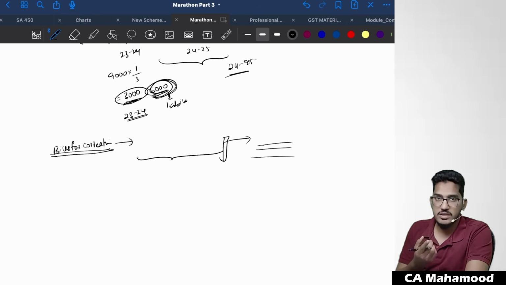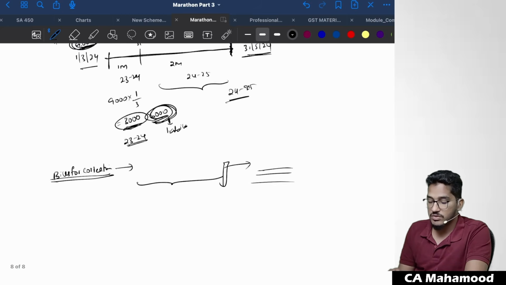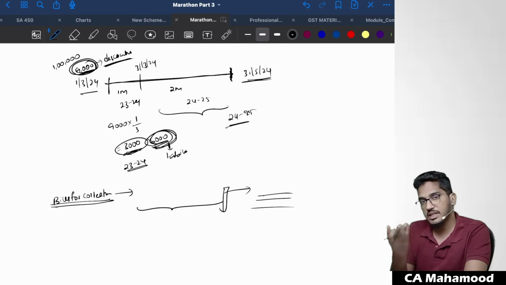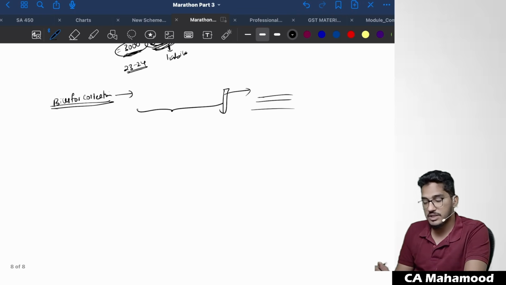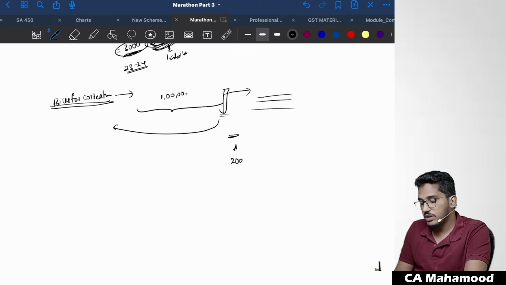What is bills for collection, bill discounting? I hope you know the difference. Bill discounting is a financing activity. Bills for collection is an outsourcing activity. In case of bill discounting, generally the banker will give the funds well in advance, later he will collect. But in the case of bills for collection, first the banker will collect the payment from the third party, deduct his commission, and the balance amount will be transferred to the customer. For example, one company has sent 1 lakh rupees of bills for collection, the banker will collect it, take for example 2% commission, 2,000 they will keep, 98,000 they will give to their customer.